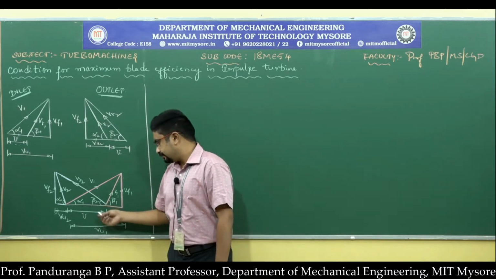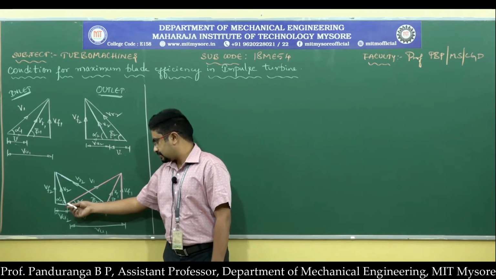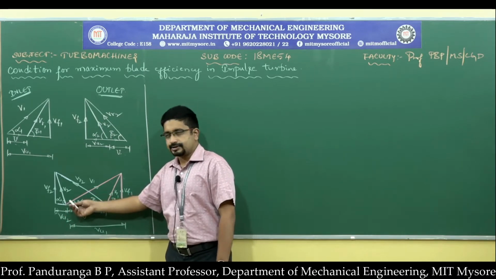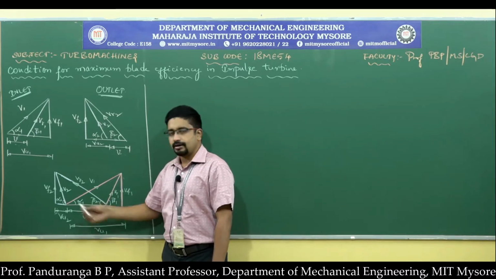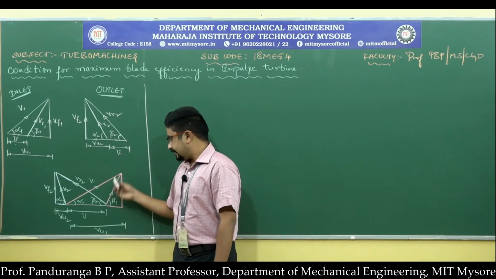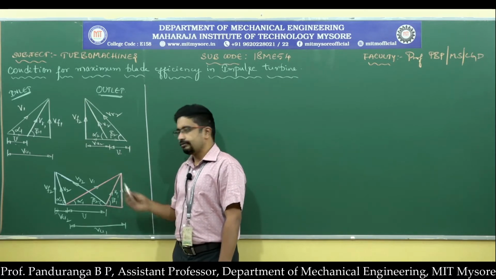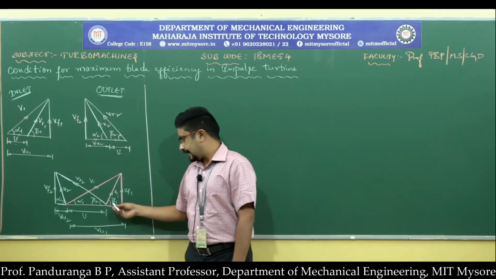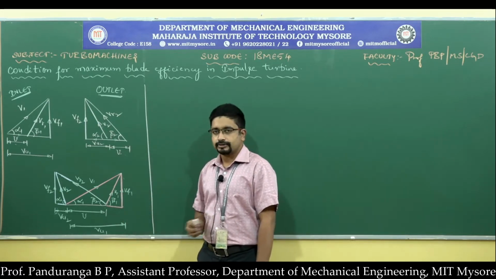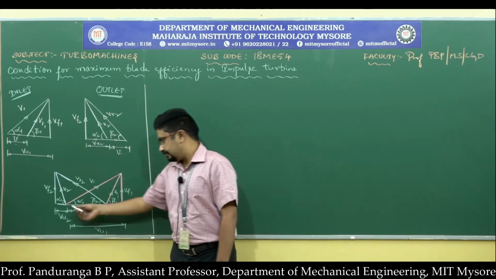So here we have u, and I will first start with the inlet velocity triangle. Here we have the absolute velocity V1 and that makes an angle of alpha 1. Then where that ends, I will join the other end of u to the end of V1. So that will give me the relative velocity VR1 and the angle made by that is beta 1. Now V1 can be split into horizontal and vertical component. When I do that,